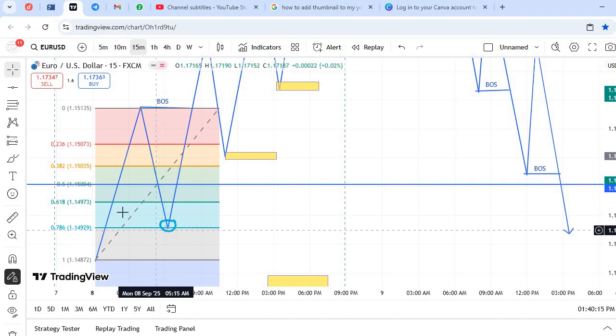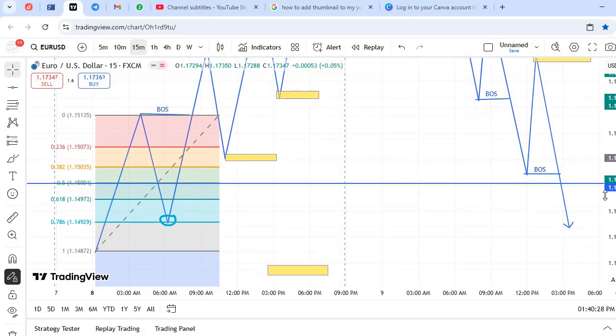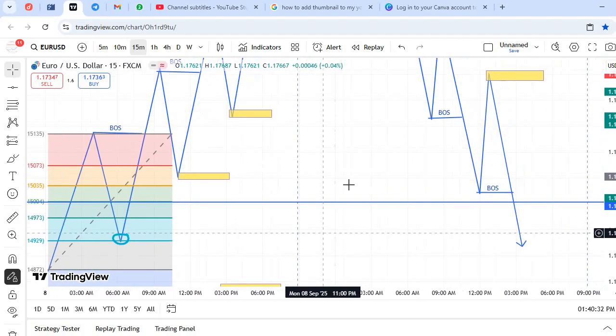So you'll be safe from, so you take from 0.5 below. That is where you have a discounted level. You understand? That is where you have a discounted level. And that is how you apply your fib 2. You understand? Then let's go to the